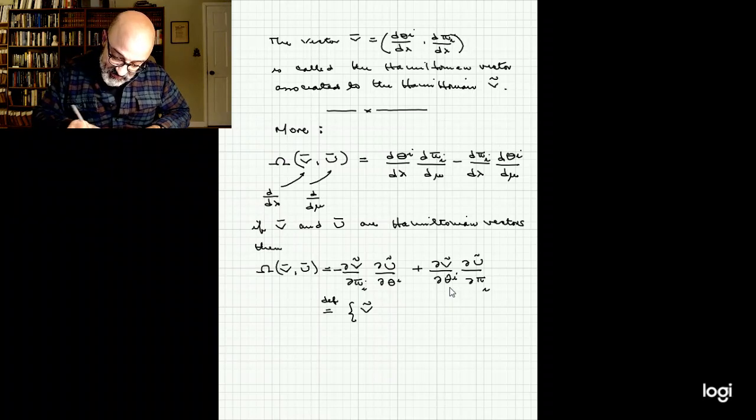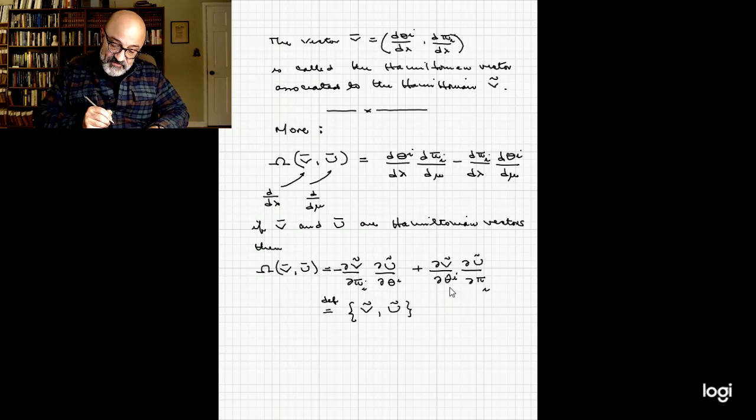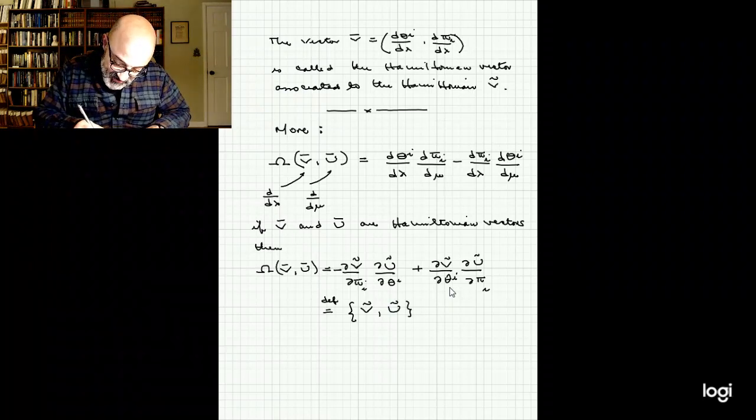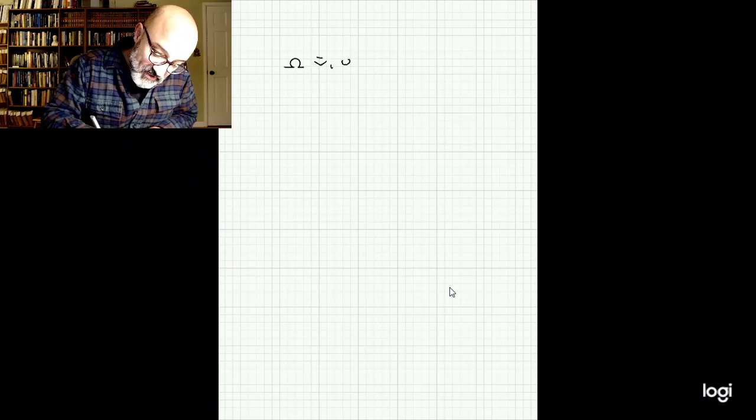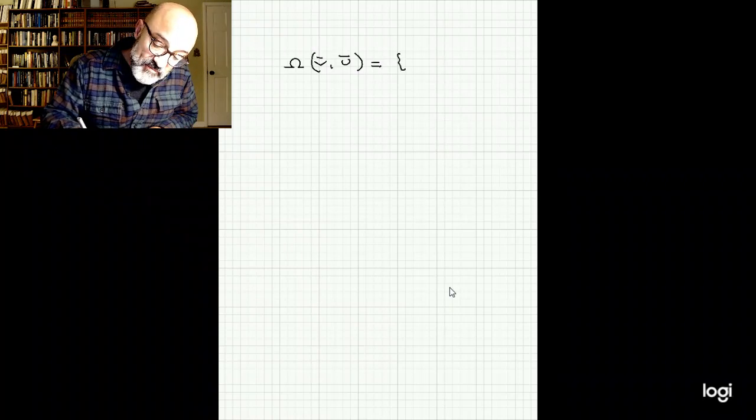So this is by definition what we call the Poisson bracket of the two fields. So here we have another interesting conclusion. Let me write it on the next page. The action of the symplectic form on two Hamiltonian vectors is the Poisson bracket of the corresponding Hamiltonian functions,